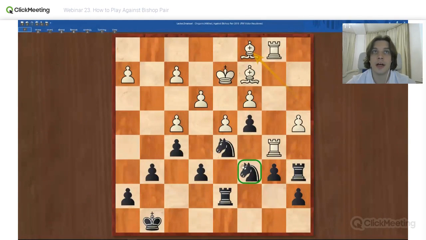So try to think how to relocate this knight. It's a very common plan, actually. When we don't know what to do, what plan to apply, then we should find our worst piece and think about how to improve it. So you think 97, and what then?